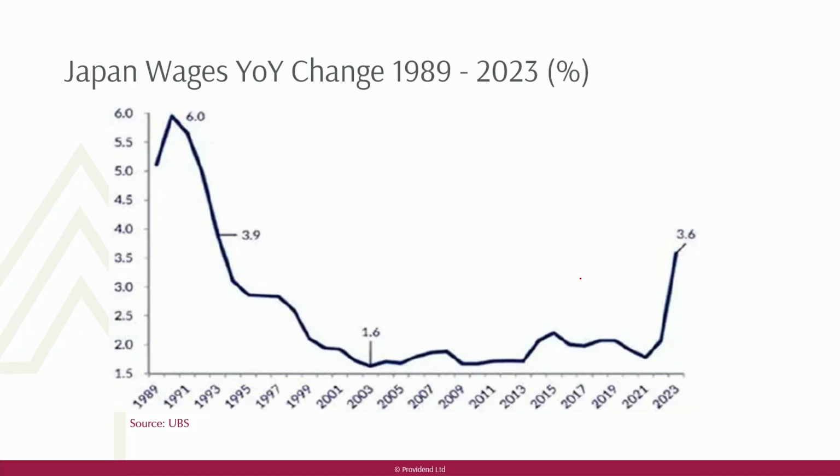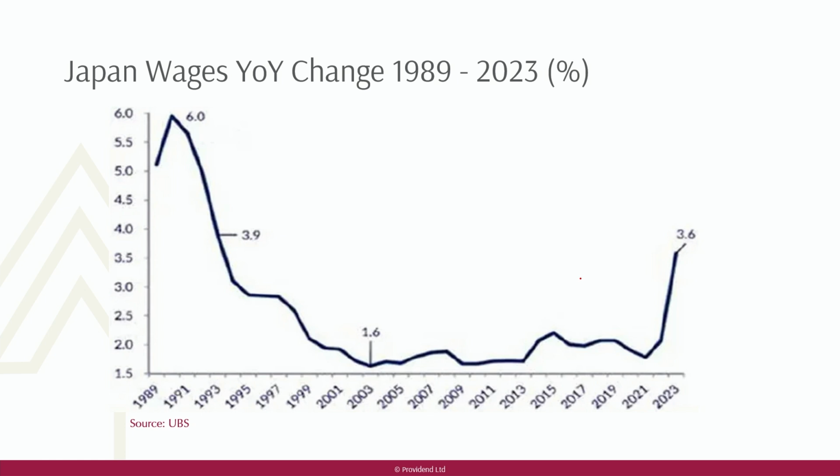Now, furthermore, for the past few decades, Japan has actually seen wages barely increasing since the late 1990s. In fact, you can see that Japanese wage growth went as low as 1.6%. It's only recently that you can see that the wage growth has risen to 3.6%. Now, this sharp rise, I'll cover later, but if we look at the past decades, this means that a lack of consumption activity and